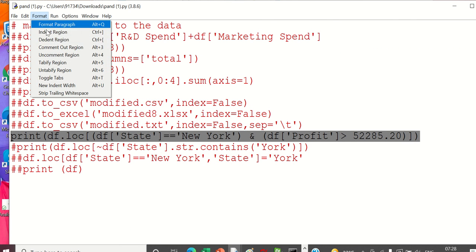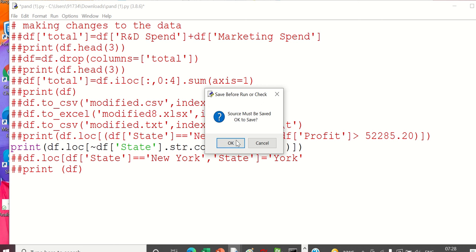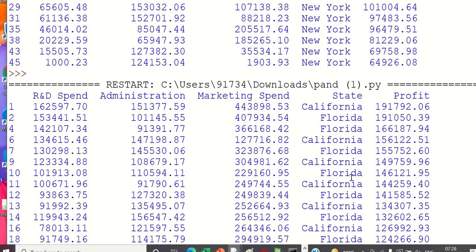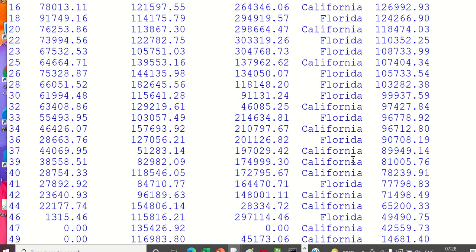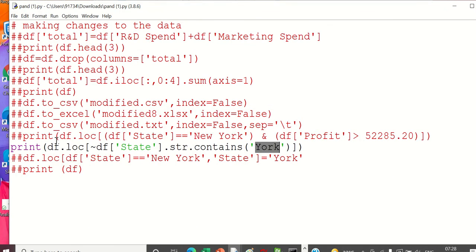Similarly, let us see the other things. All the states which are containing York along with it. So you can also search and print certain things which are there. So it will remove those contents which are containing New York. Whichever is containing York, you remove it from this. Remove those states.